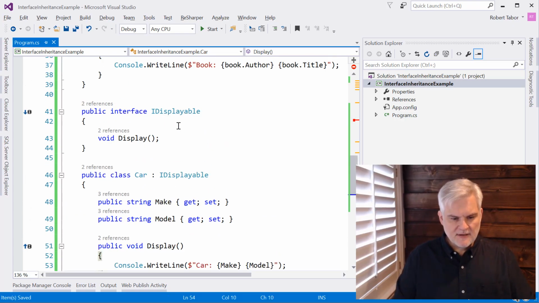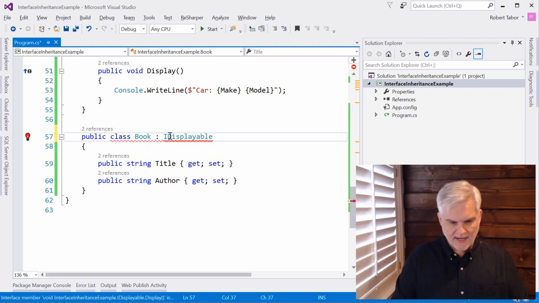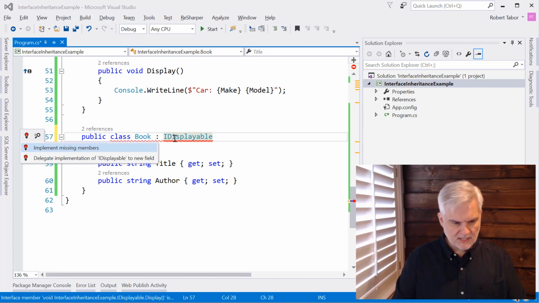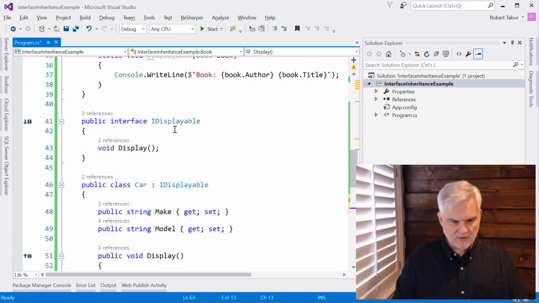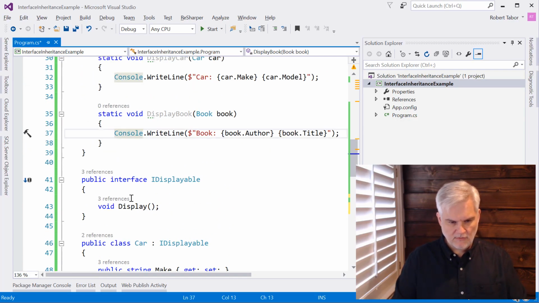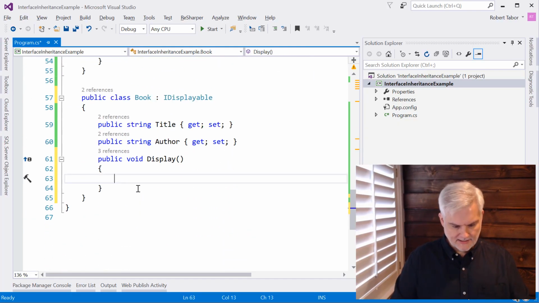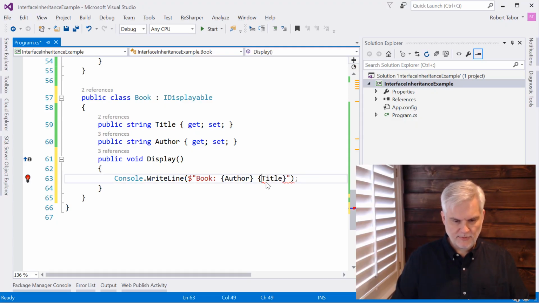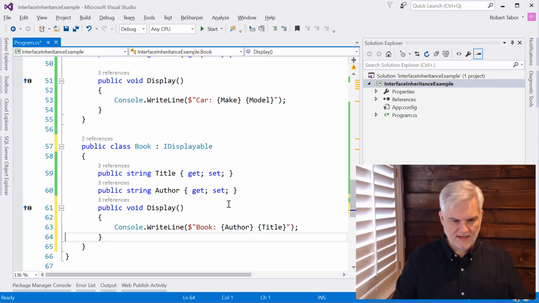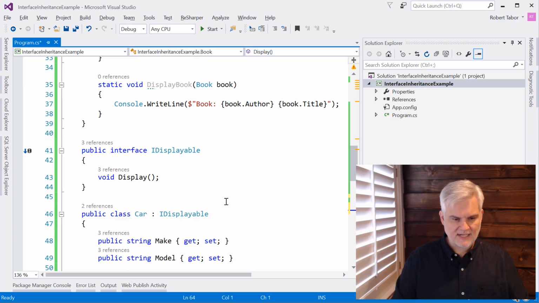And then we'll do the same thing for book. We'll say book, I want to be displayable. I want to offer my displaying services. And so here, once again, hit Alt-Enter, implement missing members. I'm going to get rid of that, and I am going to grab this now deprecated code. I'll remove it from my project in just a moment. And here we'll just get rid of the book reference, and that should work just fine. All right, so now book and car implement the contract IDisplayable,